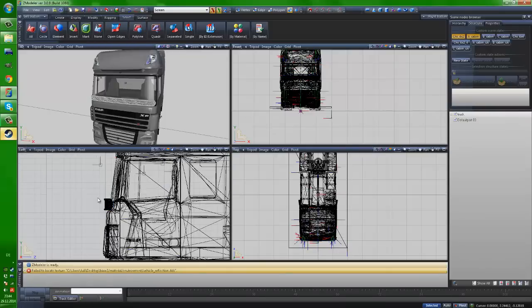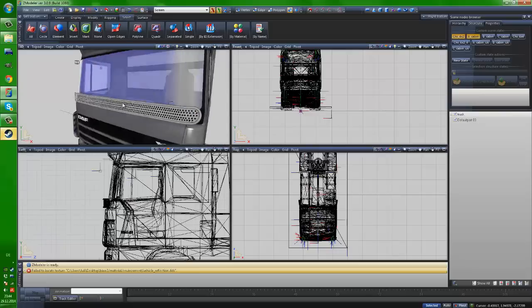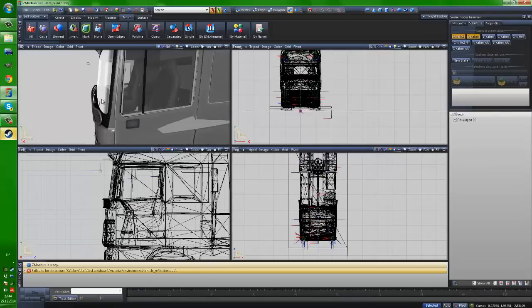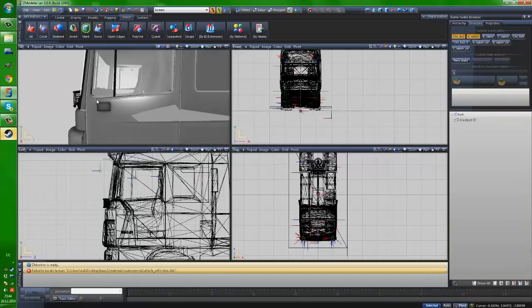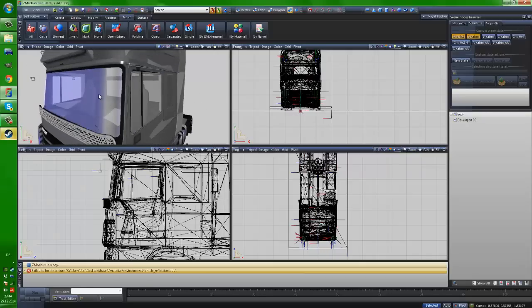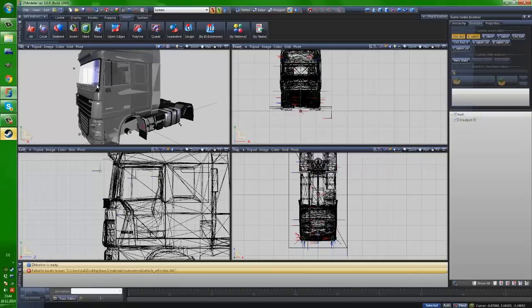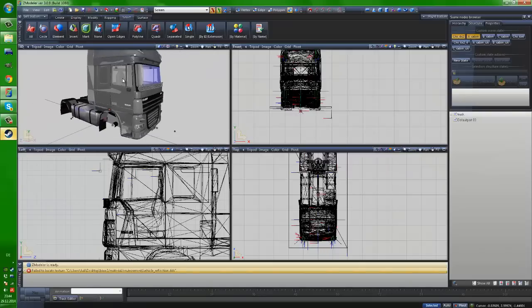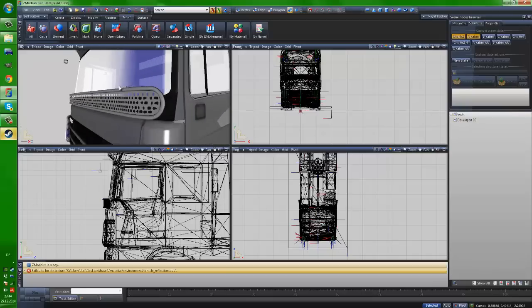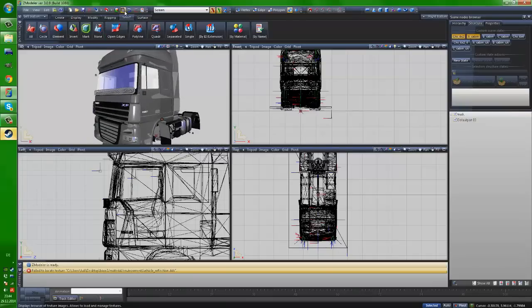Now we have no texture for this. You see it's only gray. We need of course a texture for this. Most of the time you can use your own textures if you want, but for now I make a new texture. Now I show you how to import the texture and how to create